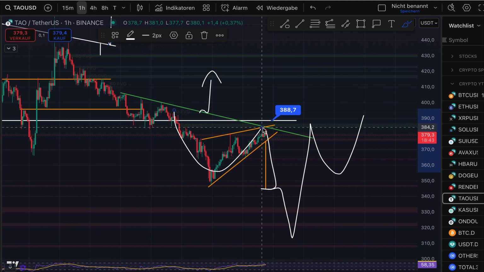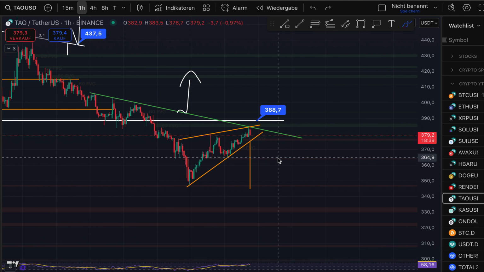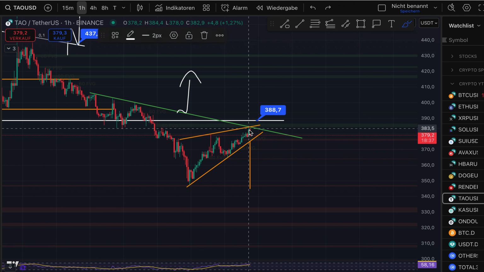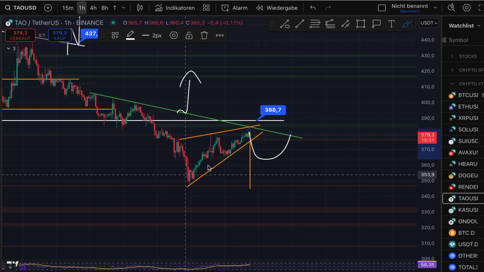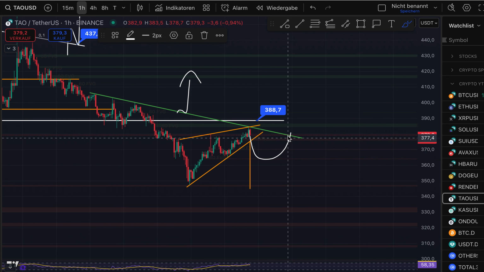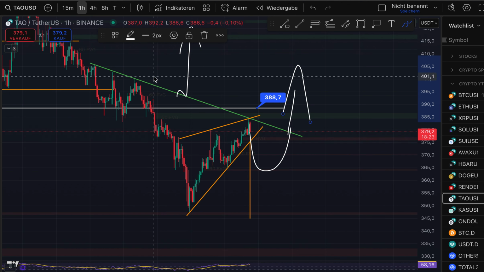This one here. So the only scenario which I have in mind at the moment is that we get a push to the downside, and then we have the inverted head and shoulders formation, which we afterwards break to the upside, and then we can expect higher prices. So the green trend line on the chart,